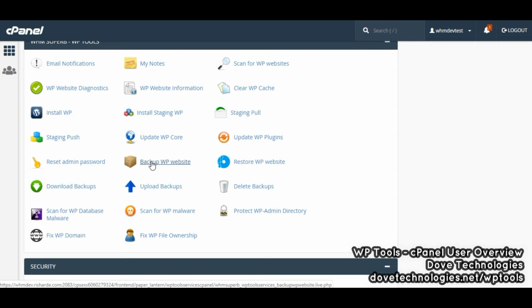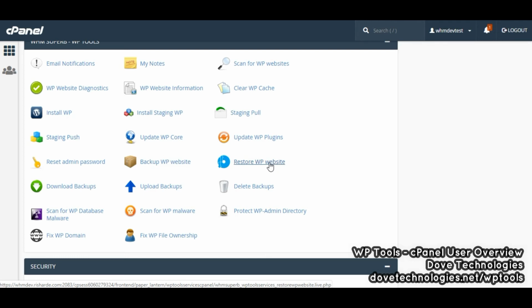So basically you can back up the entire WordPress website, and this will back up both the files and the database, and it backs it up in no proprietary method. It just zips both up together so that you don't have to actually use our system to restore it, unlike other systems out there that use proprietary methods. So this will take the WordPress files and the WordPress SQL statements and store them in one zip file, which you can then download and use as you see fit.